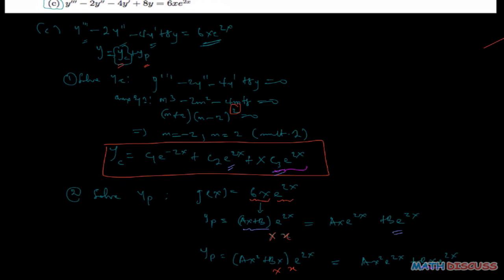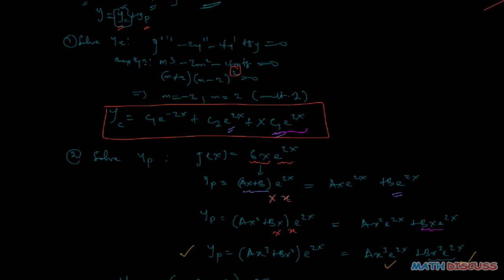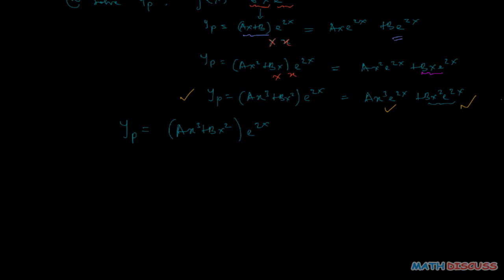So what we have is y triple prime minus 2y double prime minus 4y prime plus 8y. When we take the derivatives and then take all these multiples together, what we're going to have is